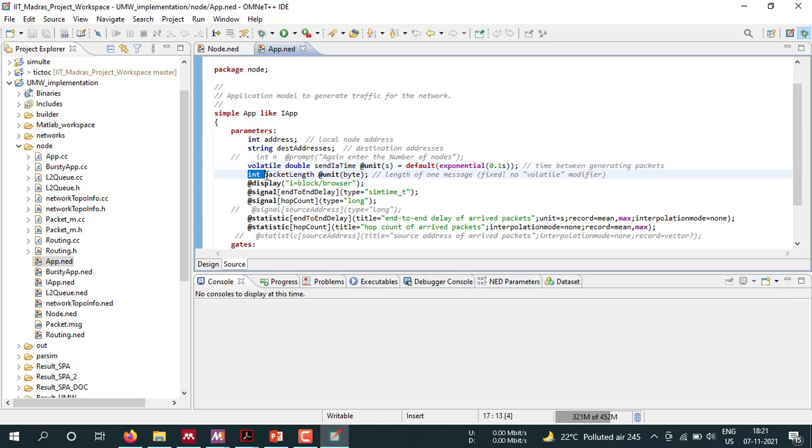Then there is the int packet length, for the packet which is generated. What length it will hold, it can store this value. This is the display part, the representation of this module. Now, in order to store our result,